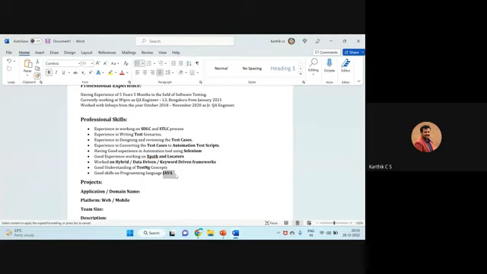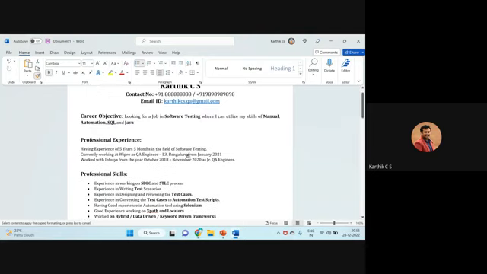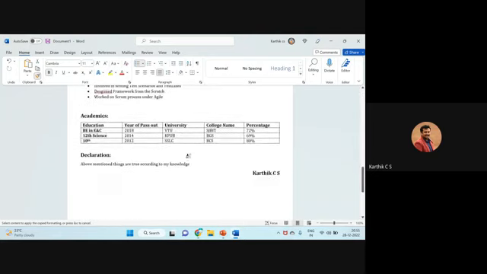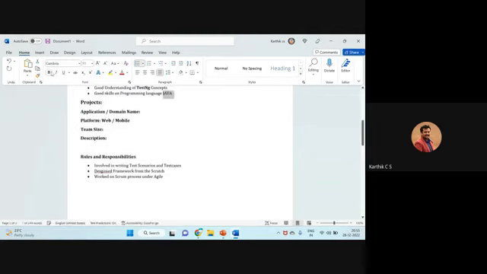It's a competitive world, first thing. If you're not mentioning the relevant skill set based on the JD, you will never get a call. So remember, if you are sending a lot of references and everything, and still you are not getting calls, it means the skill set which you have mentioned in the resume is not proper. So please update your skill set properly, mention each and every detail properly. And for experience, no need of mentioning so much